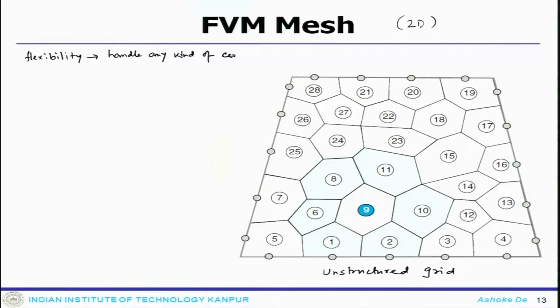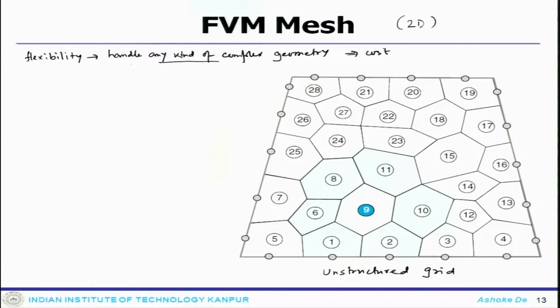complex geometry. That is an added advantage that you have over the structured system, because the structured system is very specific to a regular Cartesian kind of system, but in the unstructured grid any complex geometry with any sort of curvature, cuts, edges you can easily handle. But it comes with some sort of cost, because nothing comes free of cost.